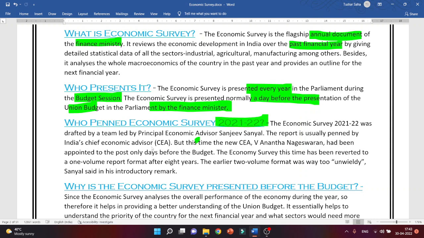What is that? That this was not penned or written by the chief economic advisor. Why? I'll tell you the reason. This survey was drafted by a team led by the principal economic advisor Sanjeev Sanyal, right? The report is usually penned by India's chief economic advisor, but the economic survey is not a document that is prepared overnight, right? It requires a lot of time. But India's chief economic advisor,